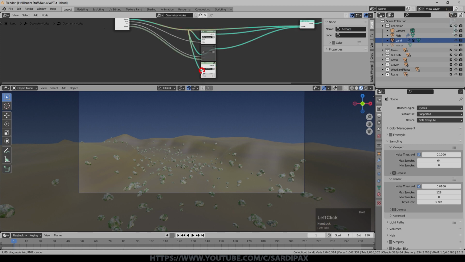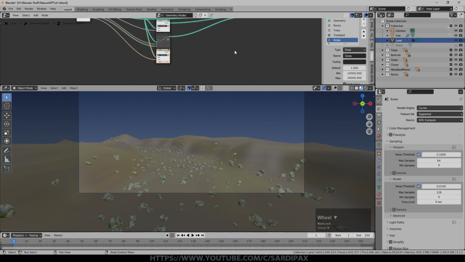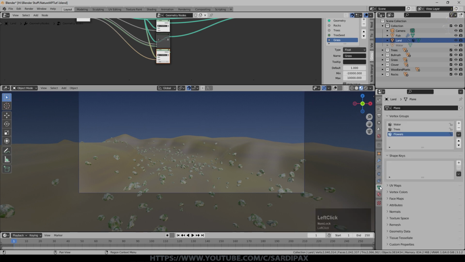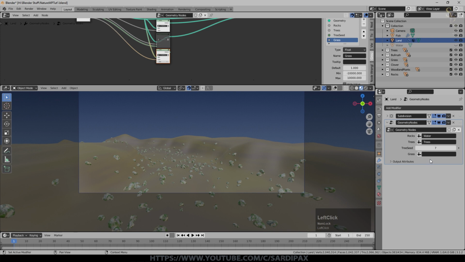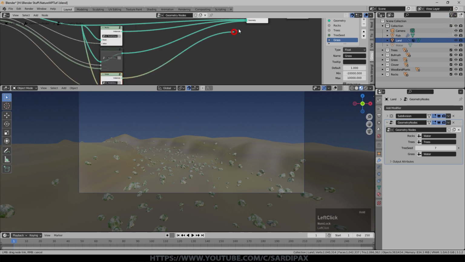We'll take the geometry into that one, and we'll take a connection to the outside world, as it were, into there. We'll just select that one, select value, and we'll call this grass. Now the observant among you may have noticed I didn't actually create a vertex group which was grass. The reason for that is because I felt for grass it was essentially everywhere except under the water. So I can use this water one, but I need to just do something with it. So let's go back to our geometry nodes, click this, and we'll select water. Currently this is set to trees, so we're going to get something odd when I do this.